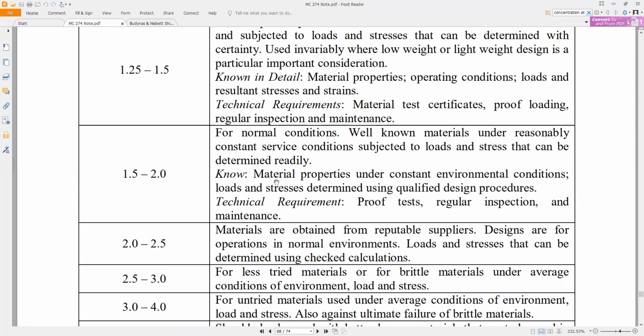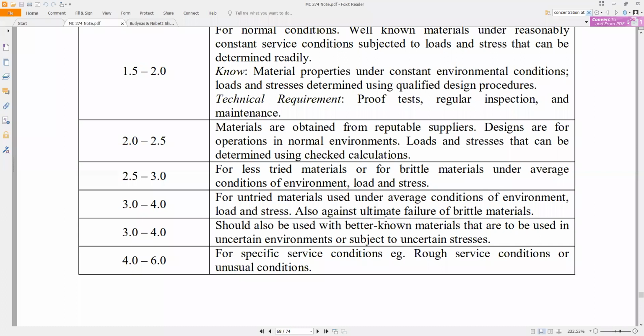Then it is known that you know the material properties and the constant environmental conditions, loads and stresses determined using qualified design procedures, technical requirements like proof of tests, regular inspection, and maintenance. So if all these things are to be done or you have knowledge of them, then the range from 1.5 to 2 is acceptable. Then from 2.0 to 2.5,